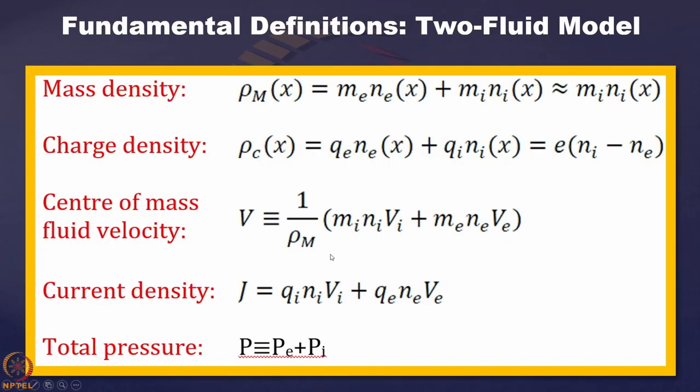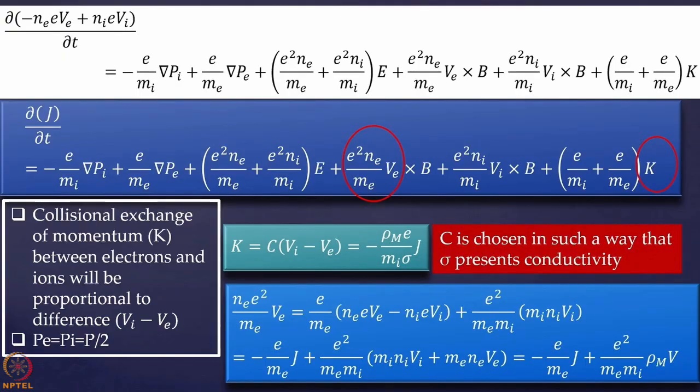This is the V: m_i N i V i plus m_e N e V e is equal to rho_m into V. So this is the center of mass velocity, and we are just using that over here, and then we are trying to approximate this momentum transfer term. So this is where we are now. We are putting m_i N i V i plus m_e N e V e as the center of mass velocity multiplied by mass density. So these two terms are now here in place of this term.